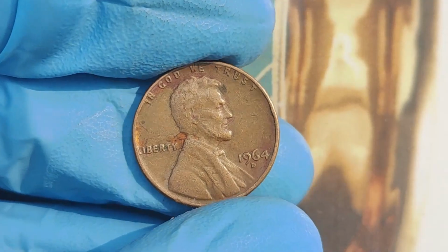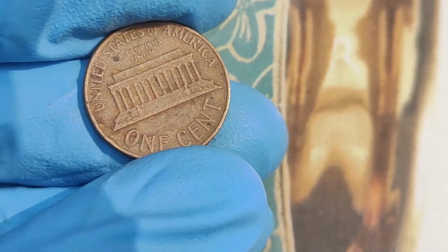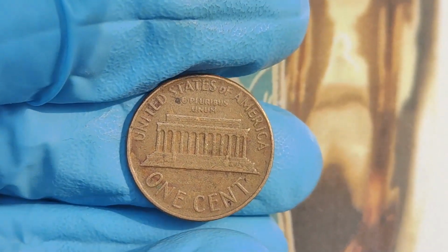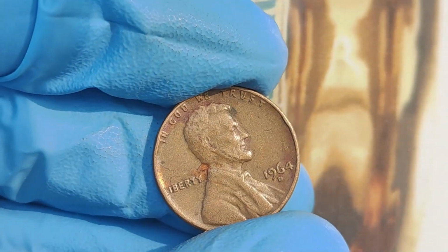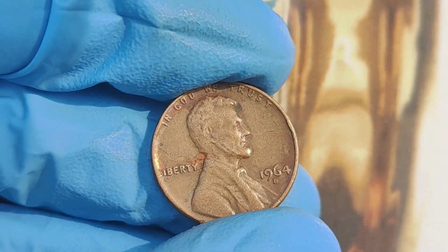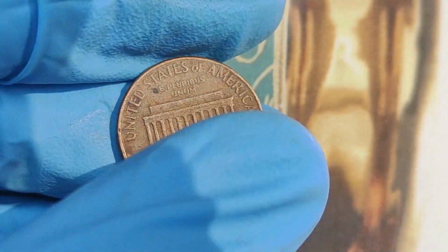Here's a humorous thought: imagine explaining to your grandkids that you're retiring early because of a penny. They'd think you've lost it. But in reality, rare coins like this can be a ticket to financial freedom. Now, let me ask you, when was the last time you looked at your pennies? Really looked? This is the kind of question that keeps coin collectors up at night, sifting through jars of change,